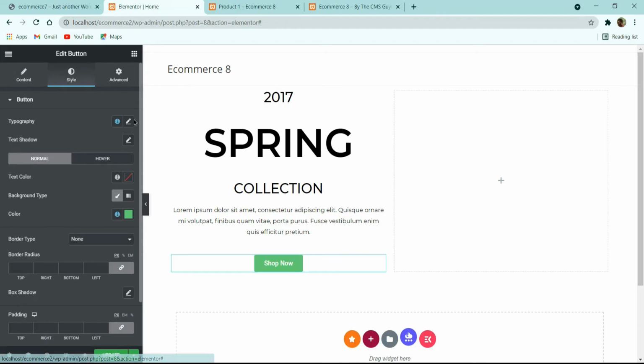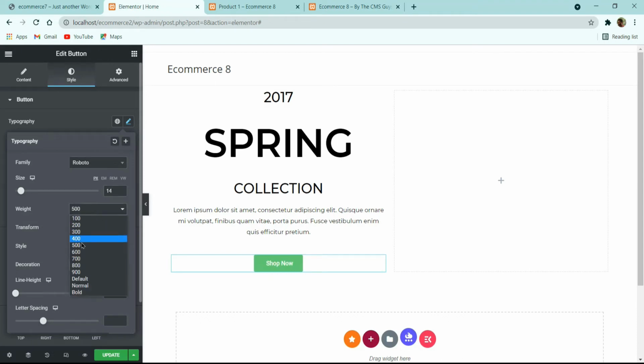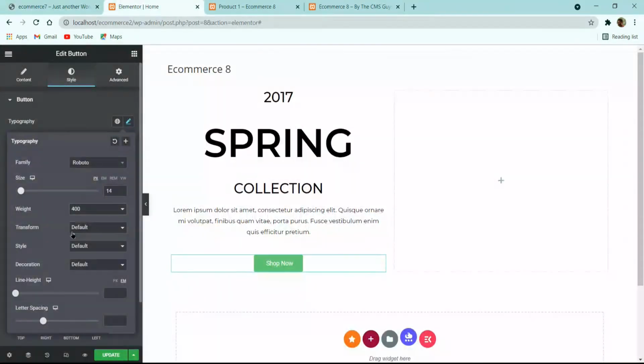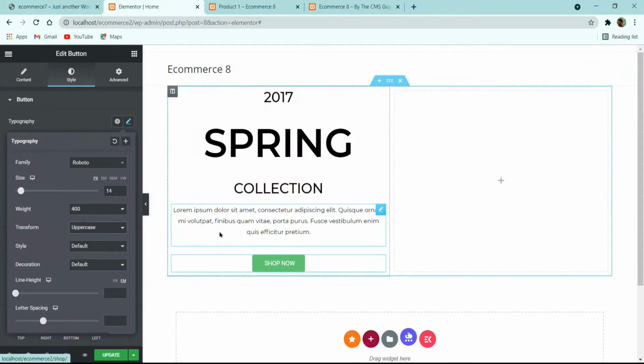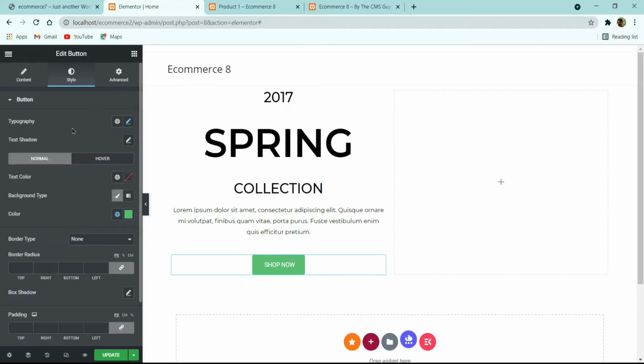and then I am going to the style, and here let us change the typography. So here let it be 14 pixel, and then weight I am going to give it 400, and then as you can see that all the text are in uppercase. So here transform I am going to make it uppercase, so that all the text will look like uppercase, and then here let me give it 1.5 em, and then here text color make it white, and then